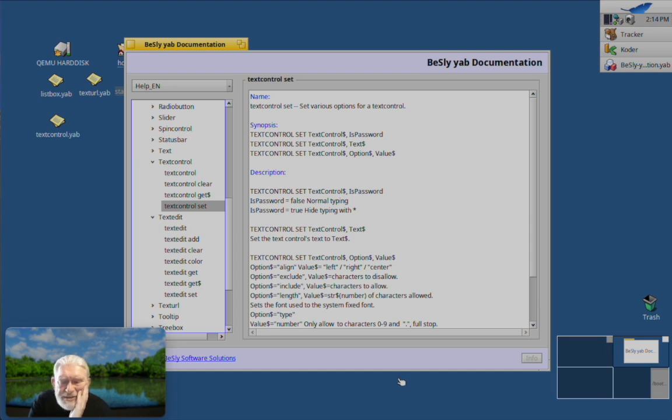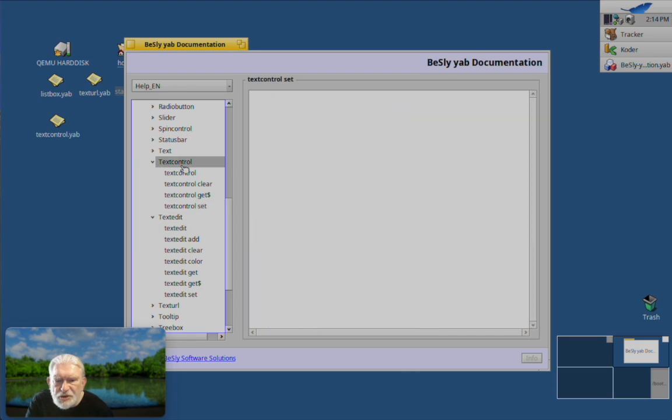So we've looked at widgets where you set what comes on the screen. Now we're going to shift gears a little, and we are going to ask, what if we want to let the user type in some text? And we've got two widgets for that in YAB. The one is called Textcontrol and the other is Textedit. And it is sort of important not to mix those up,